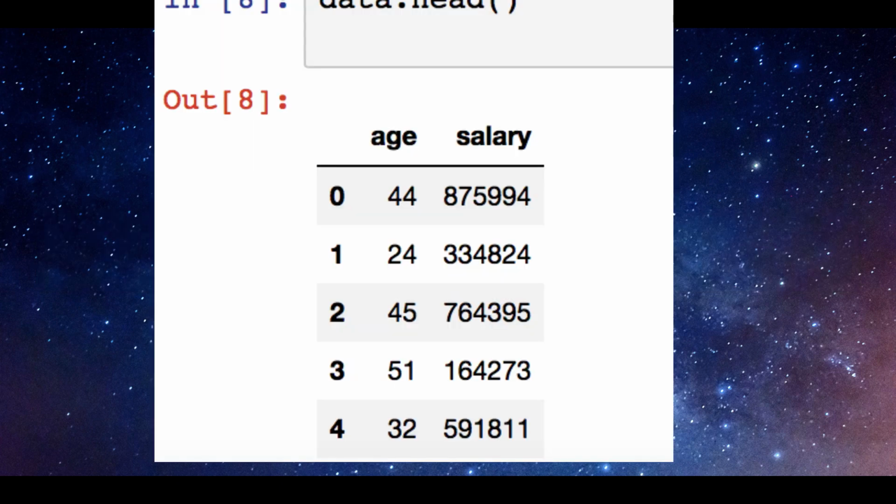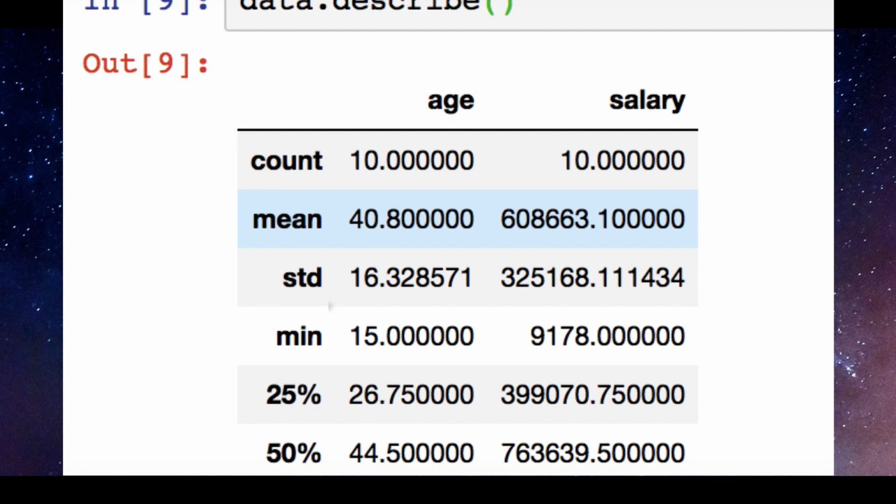Let's begin with the dataset which we have already seen. 10 rows, each representing a person with 2 columns or attributes, which are age and salary. Two parameters in the spotlight are mean and standard deviation, and let's make a note of it for each of the columns. So the mean of the age column is around 40 and the mean of the salary column is around 608,000. Similarly, the standard deviation of the age column is around 16, whereas the standard deviation of the salary